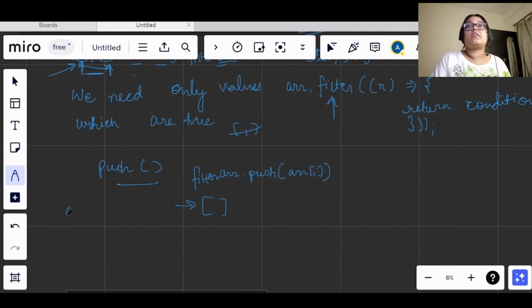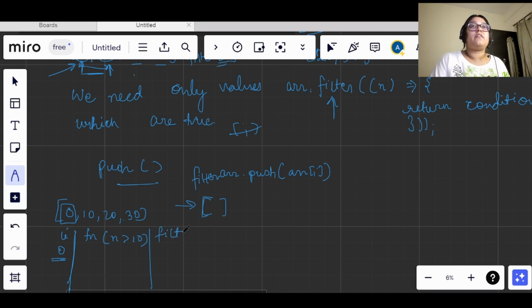Now the array is 0, 10, 20, 30. We have i equals 0, and the condition in our function is number should be greater than 10, right? Now when we are on the 0 index, what is happening? This value is not true.